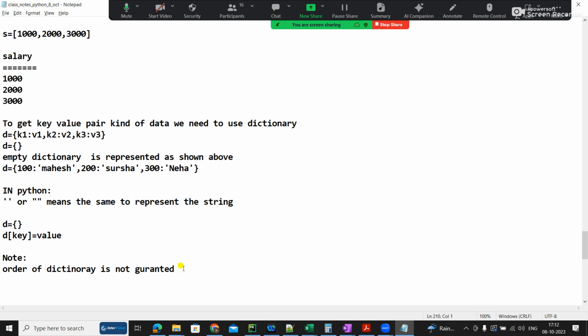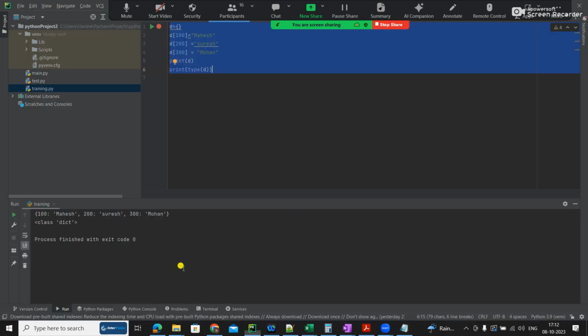It can't have duplicate keys, however it can have duplicate values. Let me give the note and show you. That means keys like 100, 200 cannot be duplicated, but there can be 400 with Mahesh. That is possible. So how will I do it here?